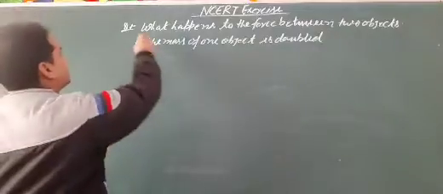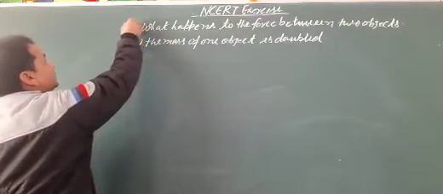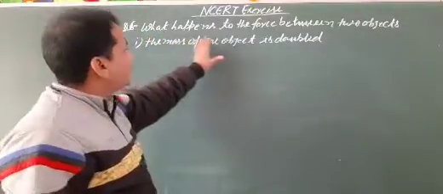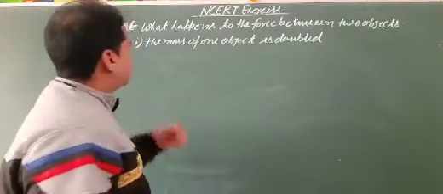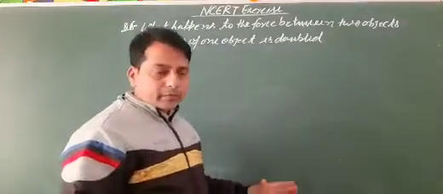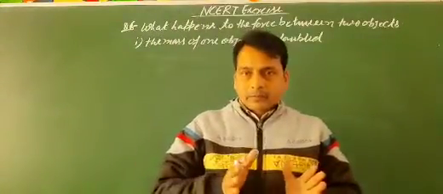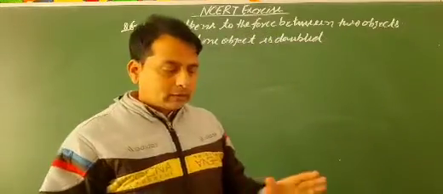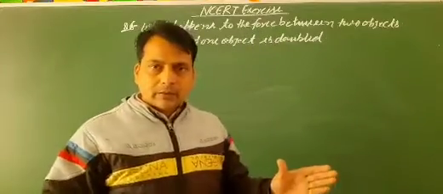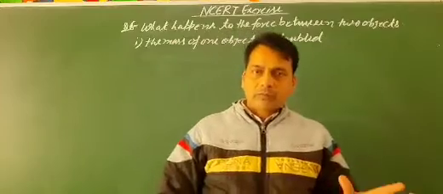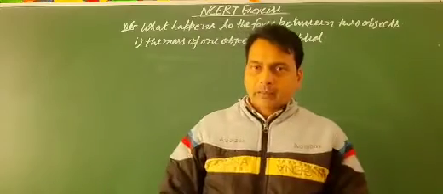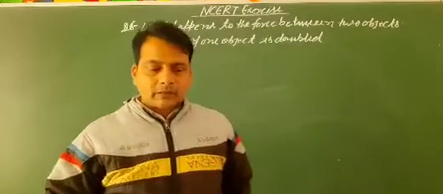So question number 6, based on the NCERT exercise, chapter 3, gravitation. What happens to the force between two objects? The first question here: the mass of one object is double. According to Newton's law of gravitation, gravitational force is equal to the gravitational constant times the product of the masses, divided by the square of the distance between their centers.